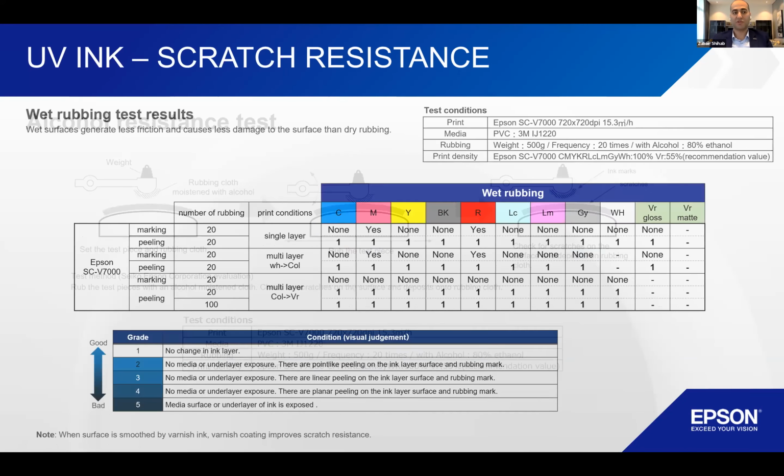And we wanted to have this information accessible to everybody, and very honest and clear, because it's very important for them to decide and how they can get it. So even with a wet rubbing test, for example, we have amazing results actually on most of the colors,